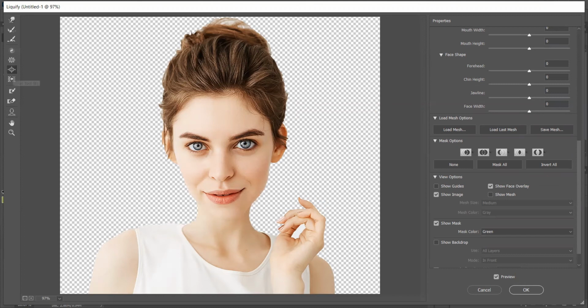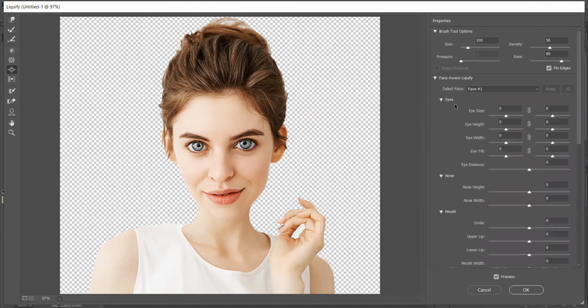So again, the Bloat tool, place it again on the nose, a little bit on the lips, and this hair portion also. Okay, so do like this, a little bit on the eyes also.